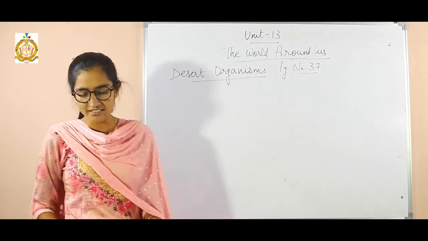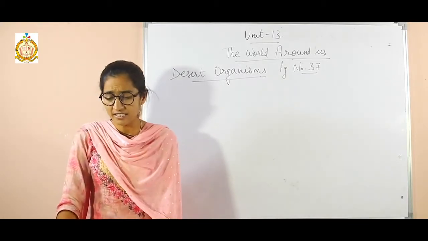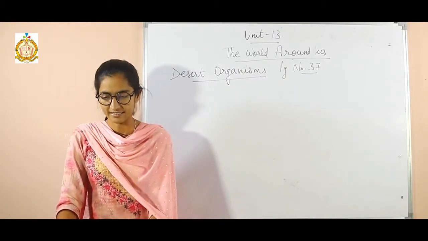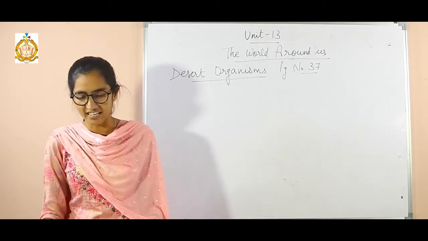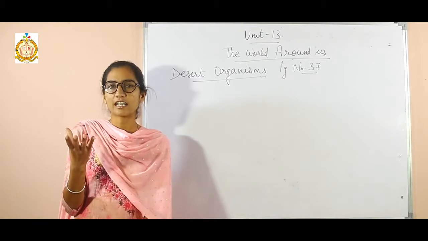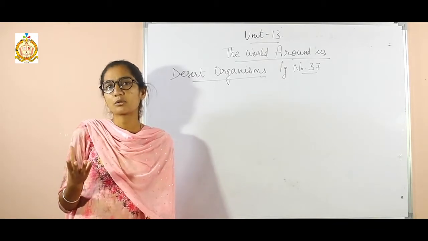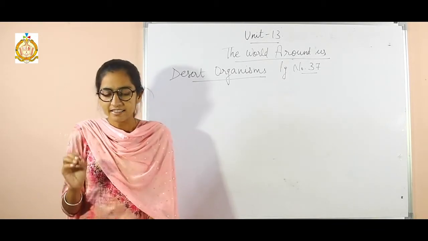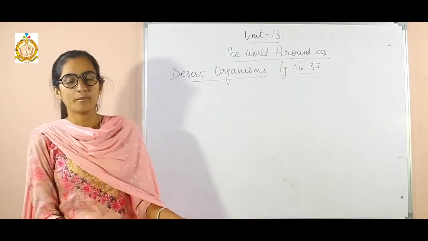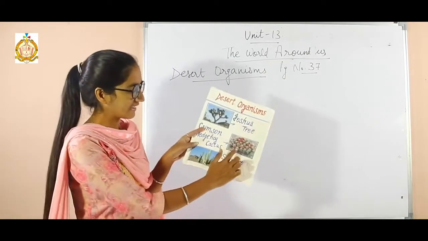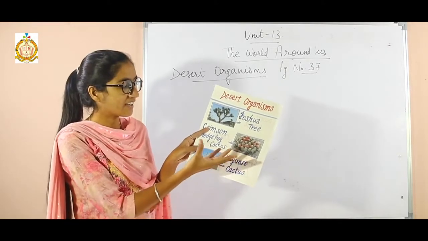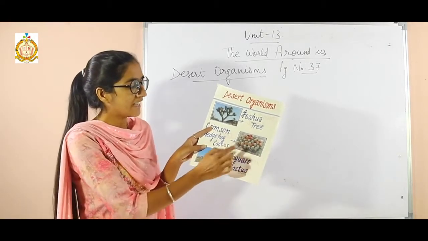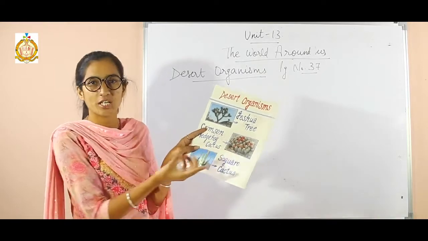The next one is the crimson hedgehog cactus. This plant has deep red flowers, and it grows in clumps. Clumps means that it grows together, and it has a cup shape. Here you can see the deep red flowers in cup shapes.